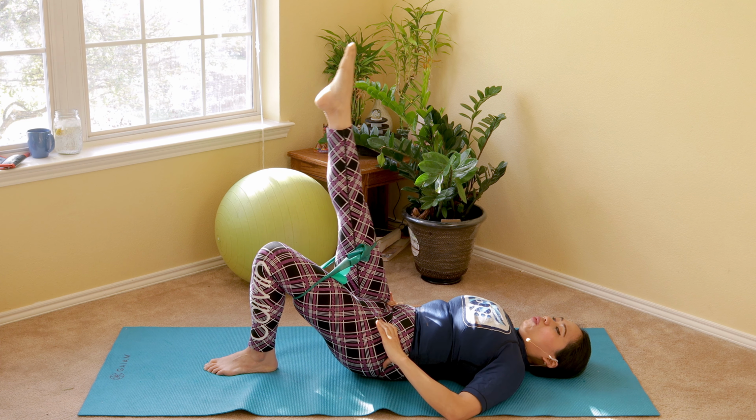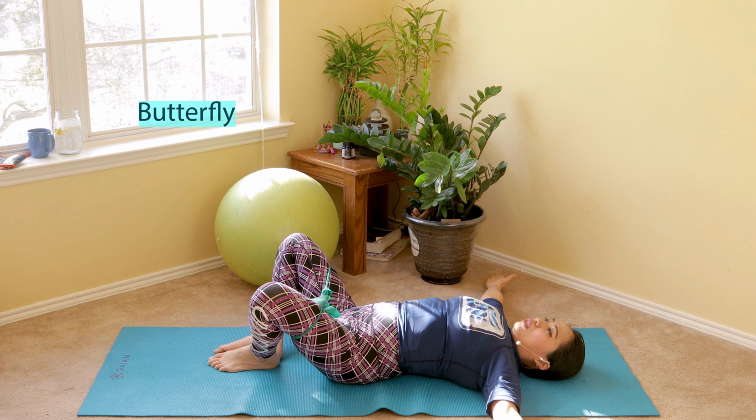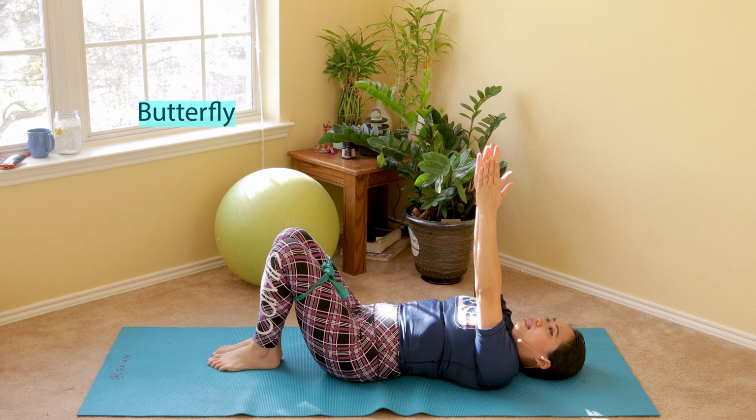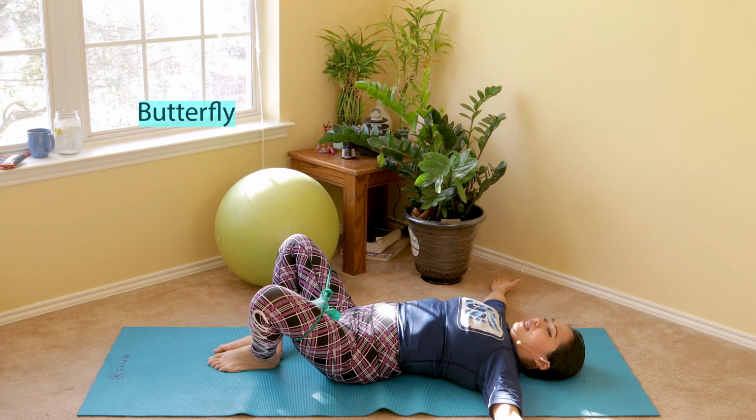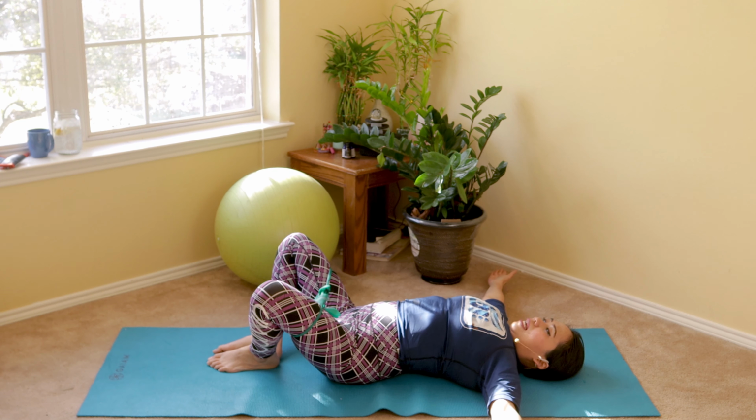You can use an elastic band on your hand to separate your knees and your hands apart. Right now, I don't have a band in my hand for beginners, but as you slowly strengthen more, you can use the band to separate your hands and your knees. So I have the band around my thighs. If you don't have a band yet, that's fine. You can follow along. So butterfly as you separate your knees and hands, squeezing your core in, keeping your back